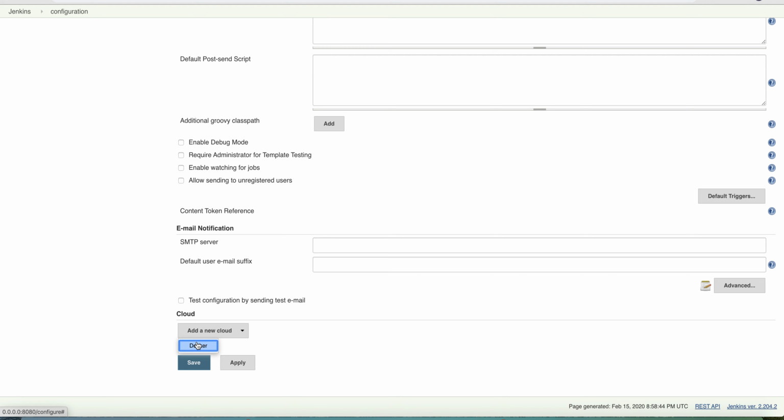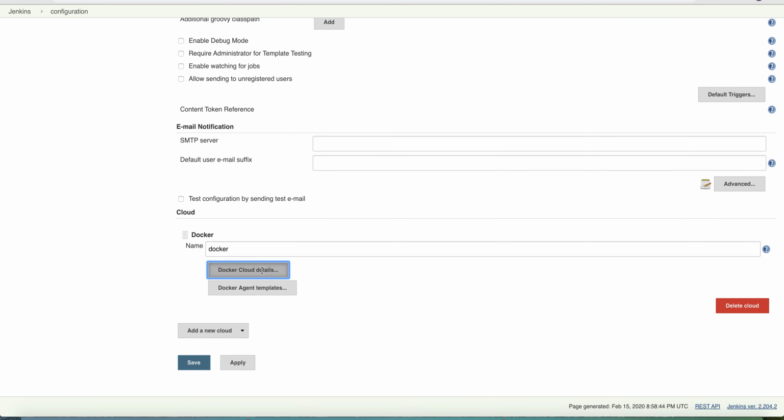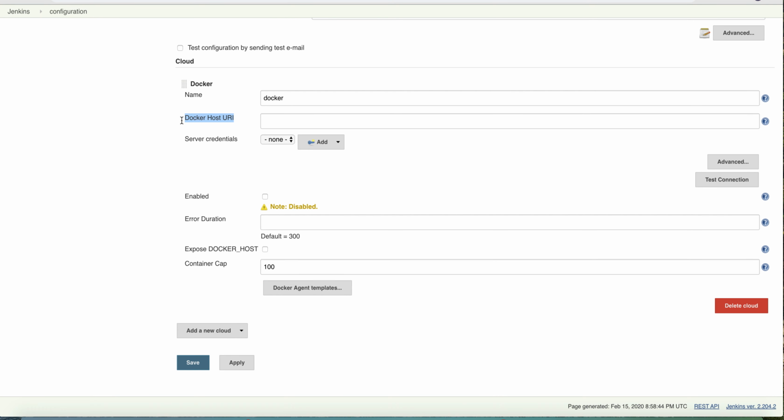We can say add a new cloud with the option Docker, and then we can provide the Docker cloud details. This is looking for a value, Docker Host URI, which is the URI for our Docker API. To get that URI, I have to switch over to my terminal,